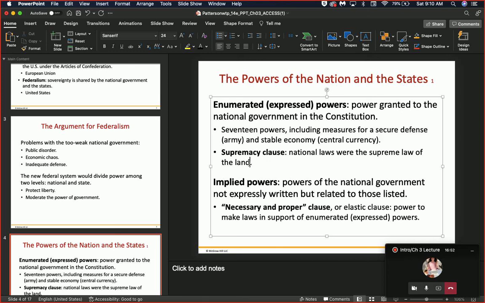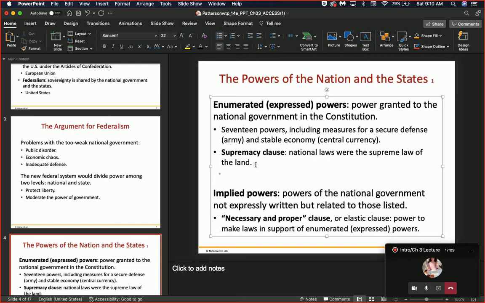So the meaning of this clause, again, has changed over time. The extent of how this clause is really used has changed over time. But what it is, is that the national laws are the supreme law of the land. So a time we really saw this put into action was the Union and the Confederacy,